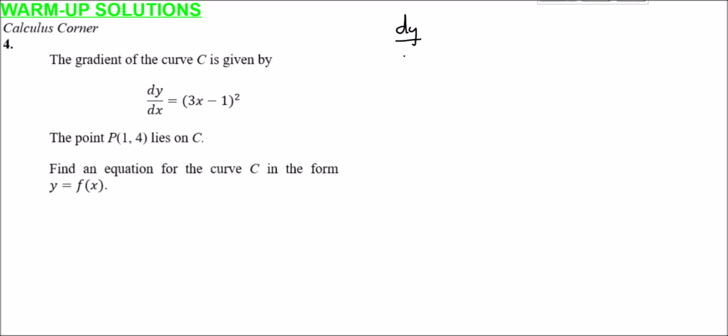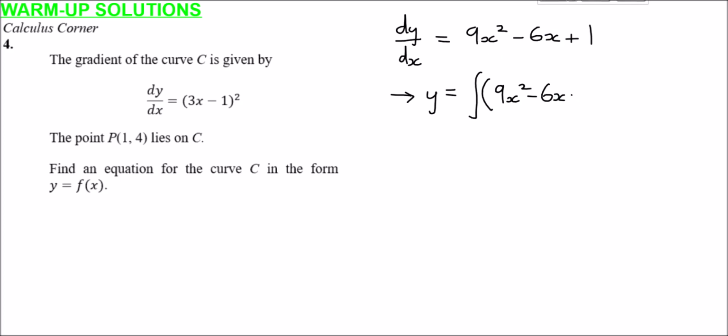We get dy by dx, expand out 3x squared, we get 9x squared. We must double the product, so 3x times minus 1, then double it, it gives us minus 6x. Square the last term, square of minus 1 is positive 1, and that's the gradient function expanded out. Now we need to remember that when we go from dy by dx to y, we need to integrate. So we're going to integrate this expression here with respect to x. So we're going to integrate 9x squared minus 6x plus 1